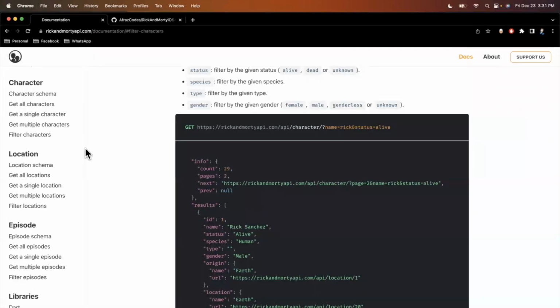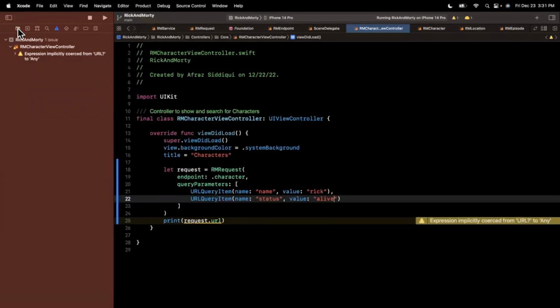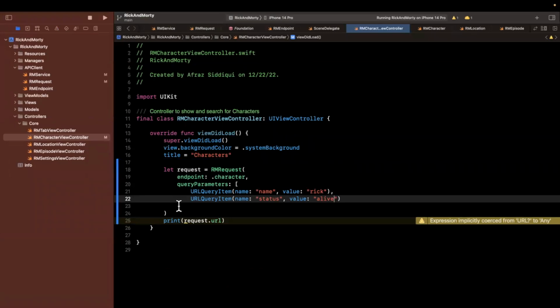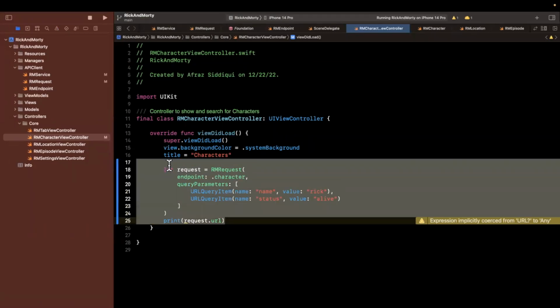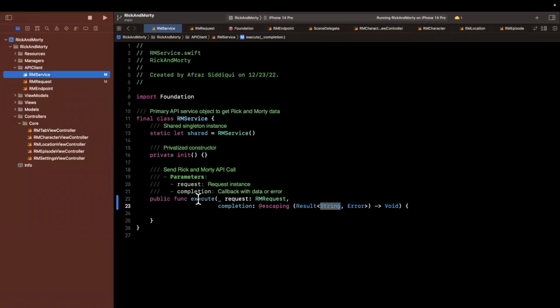So now that we've got all this working, let's see where I want to pause this video. So now we definitely have a way to create a request. Let's talk briefly about generics and how we can actually leverage them. So when we create a request, we're going to want to pass it to this RM service, and that part's pretty simple. We're going to pass in an RM request. But what we also want to do is have an appropriate type returned to us here. We want the caller to be able to specify, hey, I want a list all characters response or some other